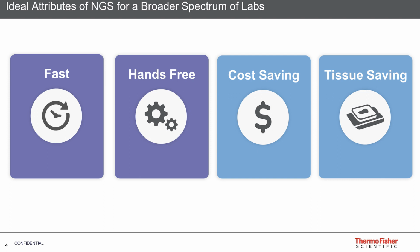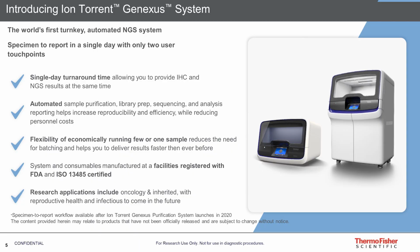So we're really excited after 3 years of a huge amount of effort by our development team, over a few hundred engineers and software and scientists, to bring you the Ion Torrent Genexus system. It really is a turnkey, automated NGS platform to deliver the capability to offer specimen to report workflow in a single day turnaround time with only 2 touch points. And that gives you the ability to provide results from different testing modalities like immunohistochemistry and molecular profiling at the